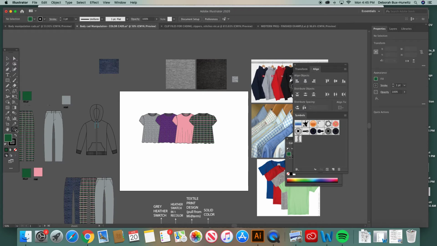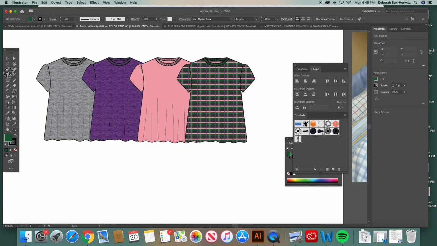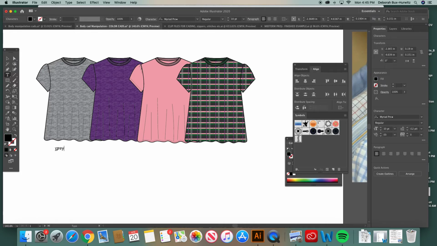And then just like the pant, I'm going to add my heading down at the bottom. I'm going to name each colorway. So this will be Gray Heather. Copy and paste that same word and then just backspace over it because I want to make sure I'm using the same font and same size font. And then I can call this Purple Heather. And then I can call this one Pink. That's my solid color, but you don't need to say pink solid because everybody knows it's a solid color by looking at it. But this one, I'm going to actually name it a pattern